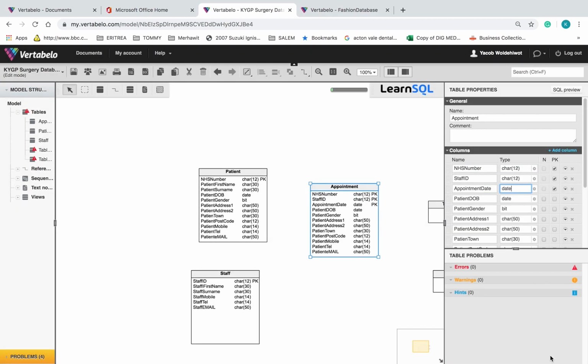Click OK, and appointment time is going to be here as well, and the data type for it is going to be